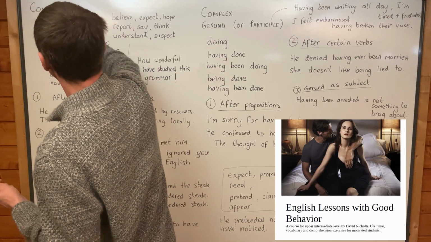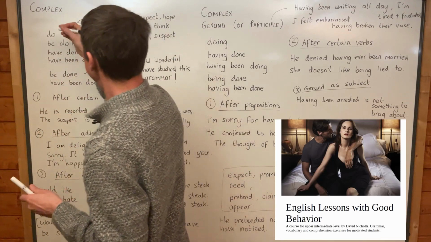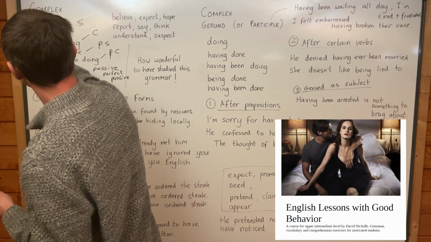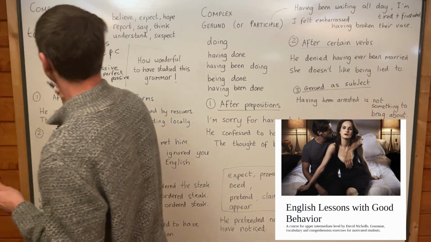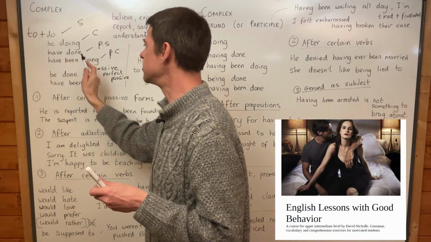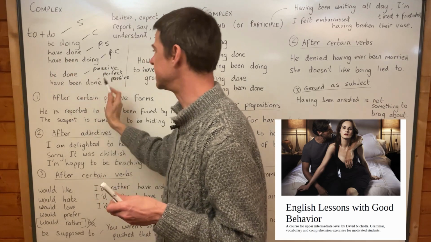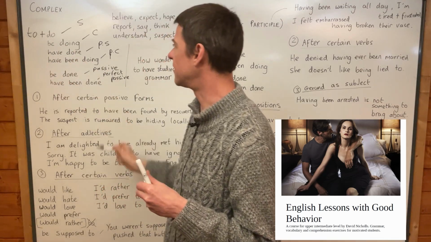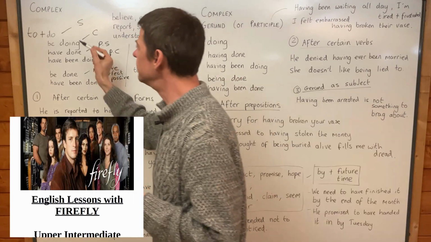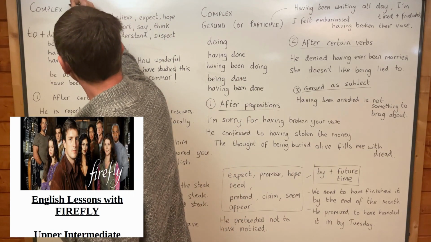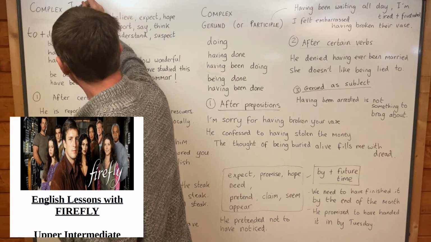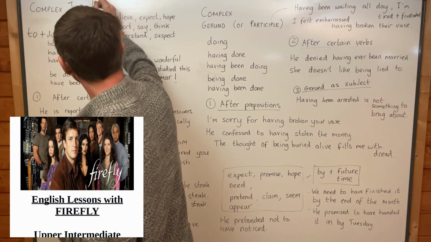And let's look at complex to-plus-infinitive, because I'm pleased to say that complex to-plus-infinitive looks exactly the same. To do, to be doing, to have done, to have been doing, to be done, to have been done are the six forms of complex infinitive. Yeah. So this is what we're looking at today, complex infinitive